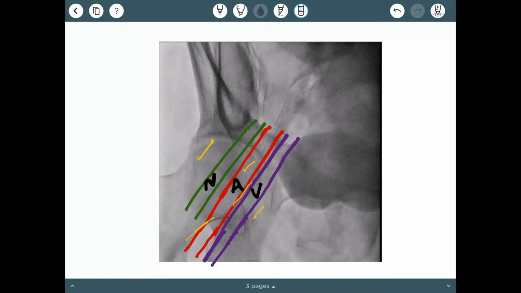You can really bet on this: the artery is the most central part and it will lie over the central part of the head of the femur. So it will be in the central part of the head of the femur, and its direction is aligned with